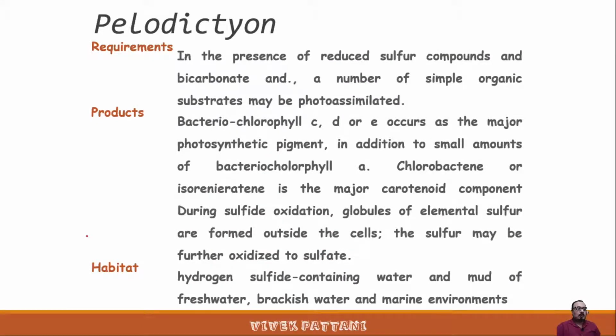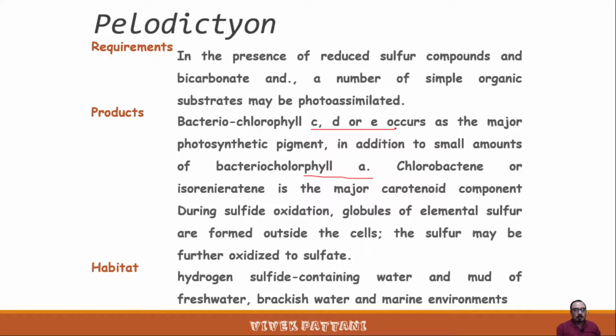And basically Pelodictyon requires sulfur compounds and also bicarbonate, and a number of organic substrates may also be photoassimilated. Bacterial chlorophyll c, d and e occur as the major photosynthetic pigments, whereas the bacteria which we previously discussed contain bacterial chlorophyll a as the major pigment, but these bacteria contain bacterial chlorophyll c, d or e as the major